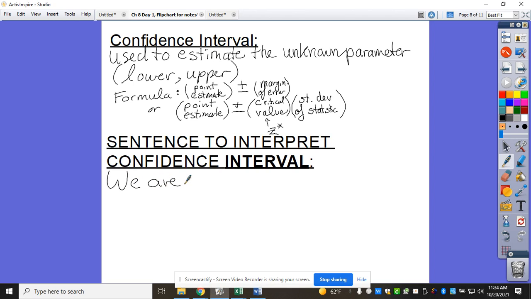We are blank percent confident. What number do you think is going to go here? Whatever my confidence level is. We are blank percent confident that,